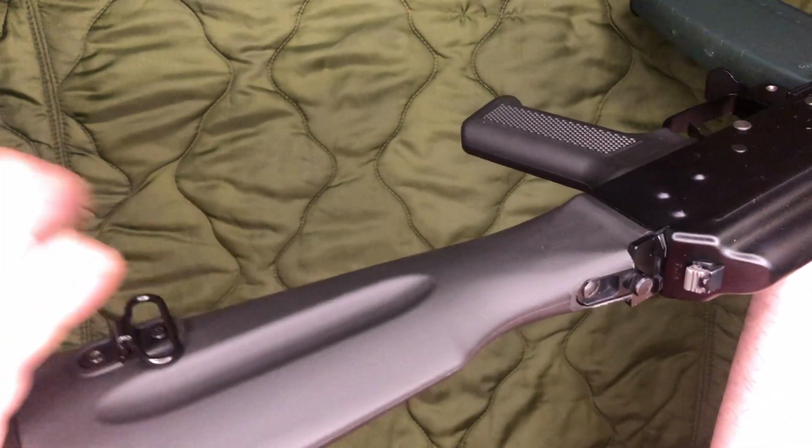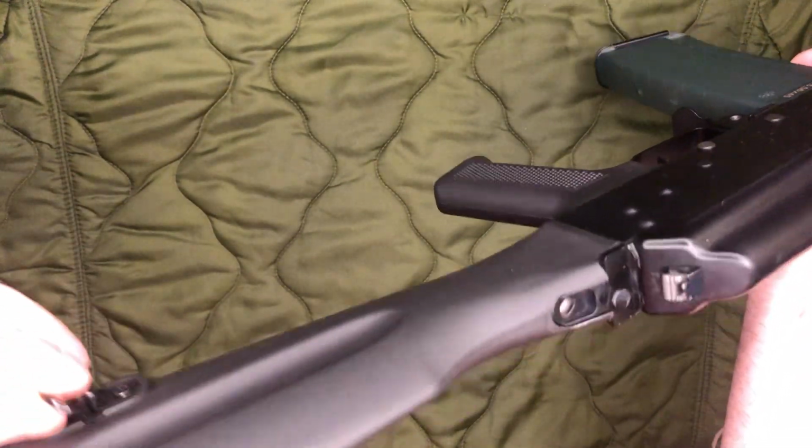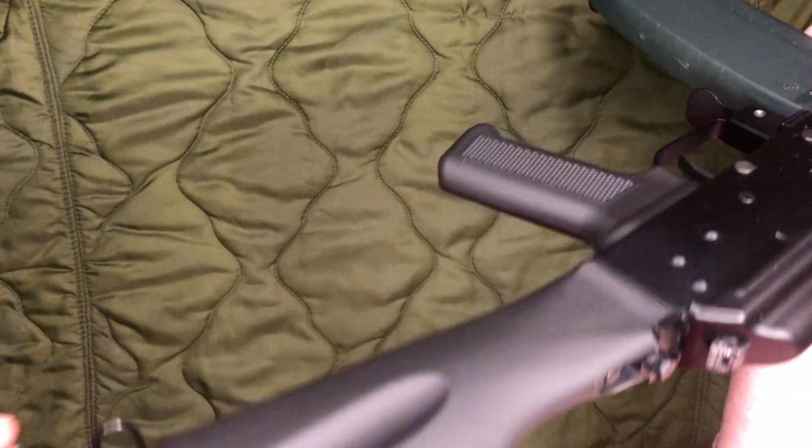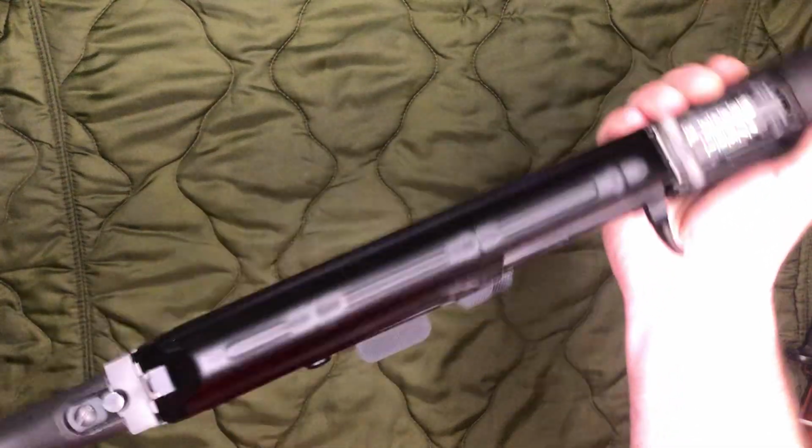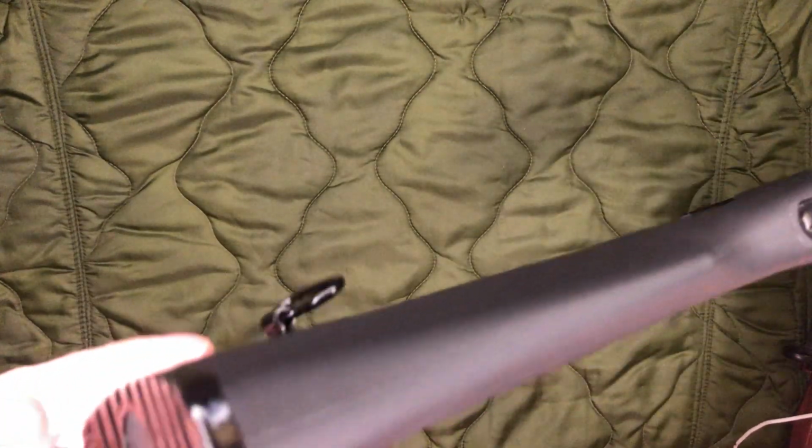It comes with the world's most rattly rear sling attachment in the world. Seriously, this thing is stupid loud. As a matter of fact, in Austin's Armory video he's like, wow, this is really rattly. But it's just that rear sling swivel. Like, that thing will get you killed. Metal